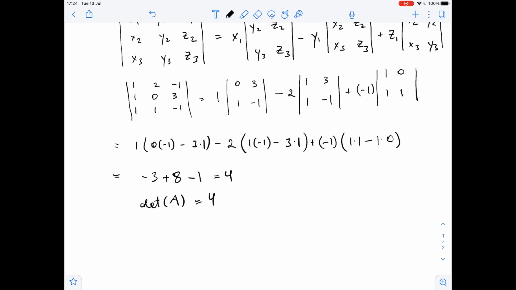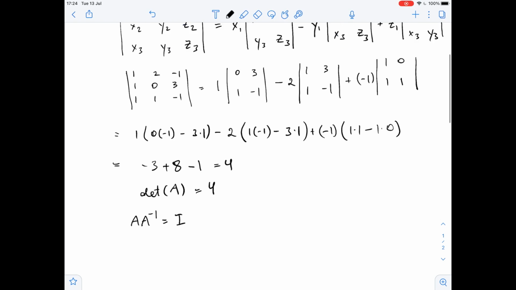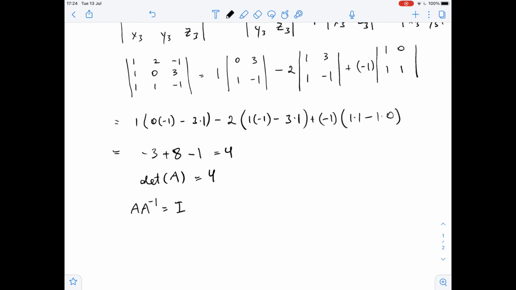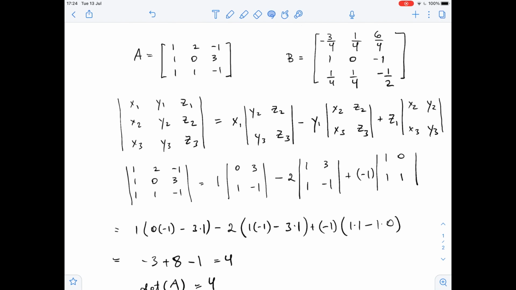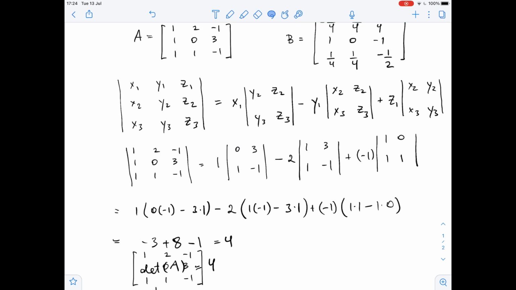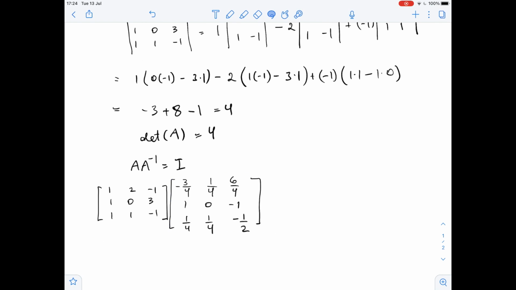So to verify that the matrix B is an inverse of given matrix A, we will use the definition of identity matrix that states that A times A inverse equals identity matrix. So let's multiply matrix A and matrix B, and if we get identity matrix as a result of this multiplication, that will mean that matrix B is an inverse of matrix A. So matrix A times matrix B, and it equals,